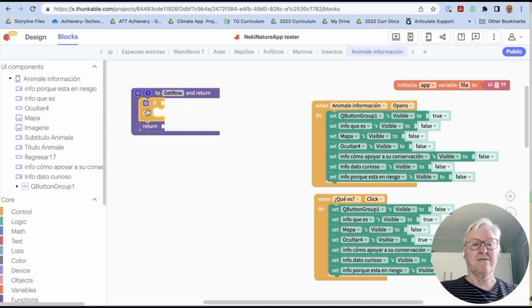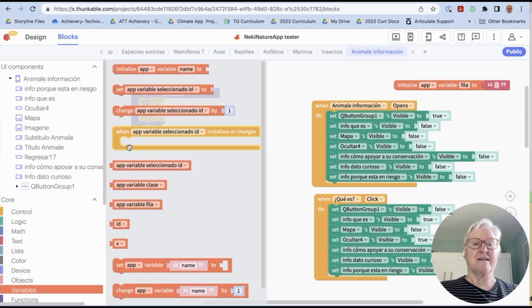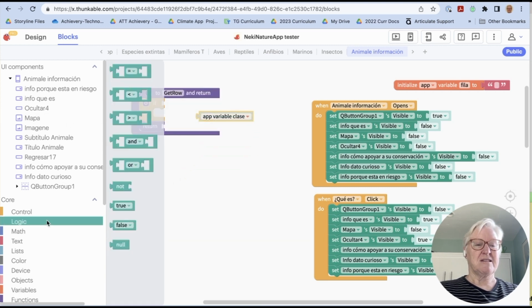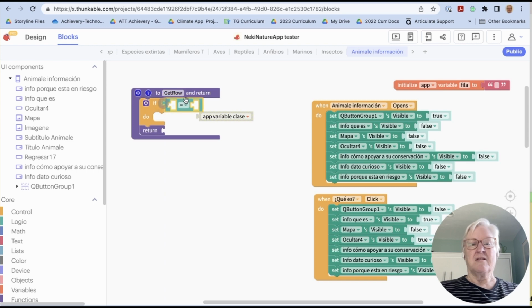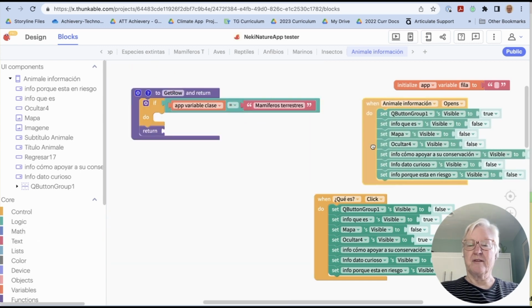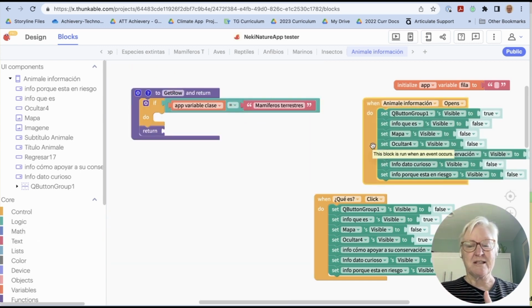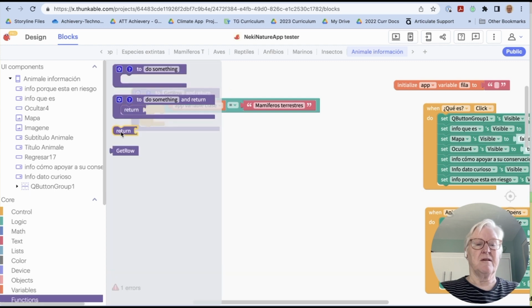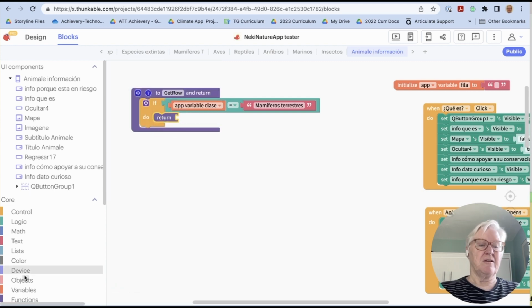Remember, we had the variable class. So if the app variable class is equal to, this is where we check, was it the mammals, was it the birds, etc. Remember, hopefully I've spelled it correctly, but if you don't spell it exactly correctly, it's not going to work. Okay, so if the class is mammals, what we're going to do is return